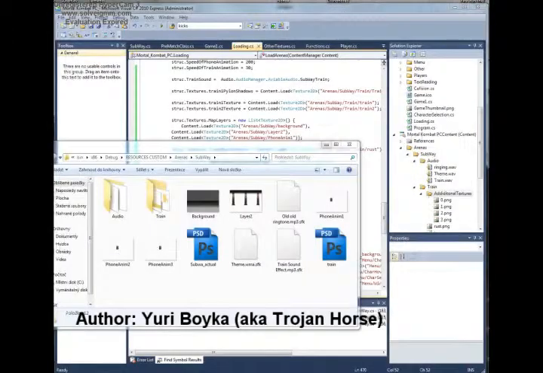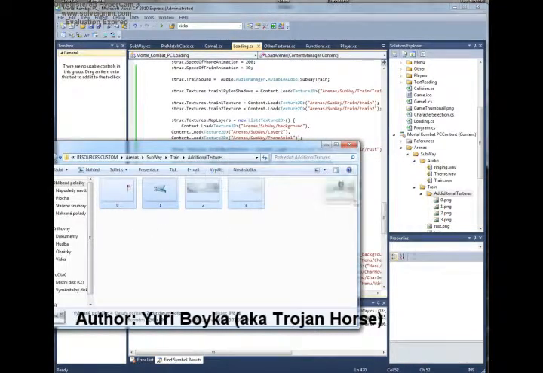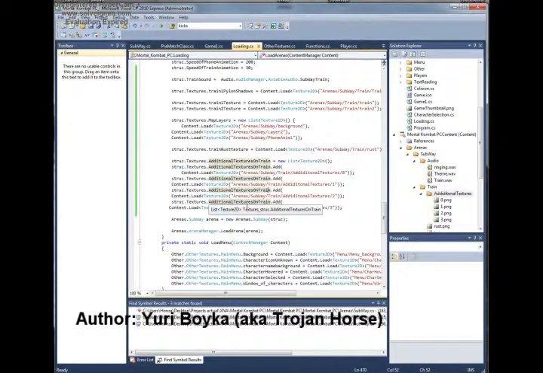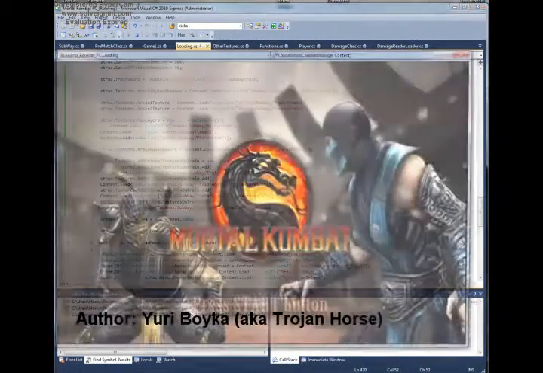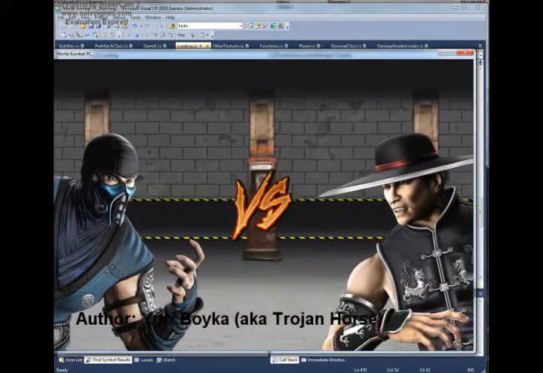Oh, yeah. So I just put the textures in there, and replace them. So now it looks maybe stupid when the train passes by, that for example you see that